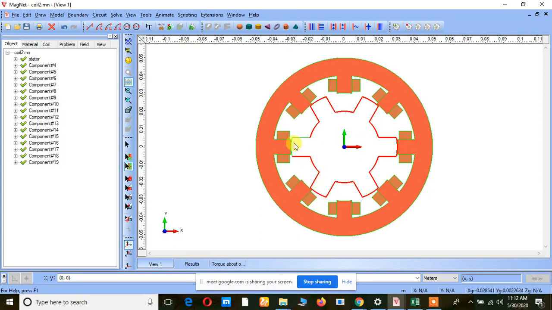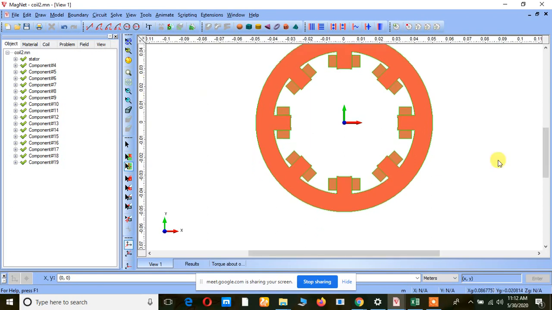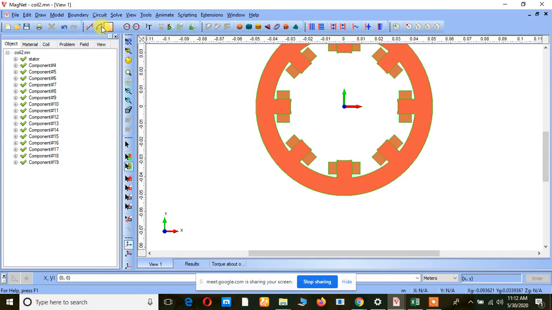Now I am going to delete this one rotor. Now what I am going to do, I am just going to provide a stack here. That is a base. I am going to provide a base here.